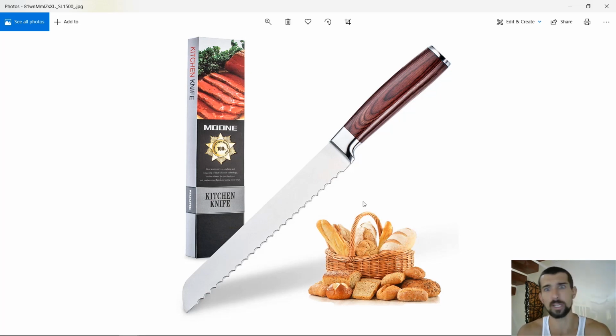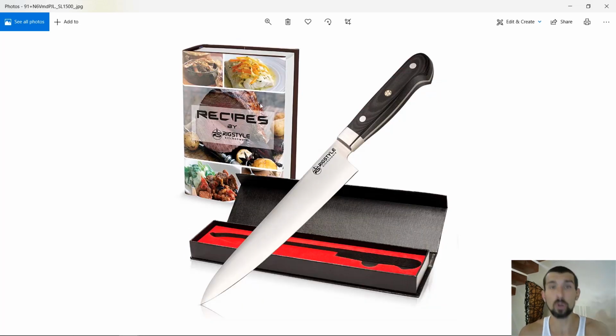Now again, it's up to you. You can try. Usually what happens when you get reported, your image gets suppressed and you just have to change it. They're not gonna ban you for life. But again, it's up to you if you want to use it. Next, we have the ebook on the main picture.